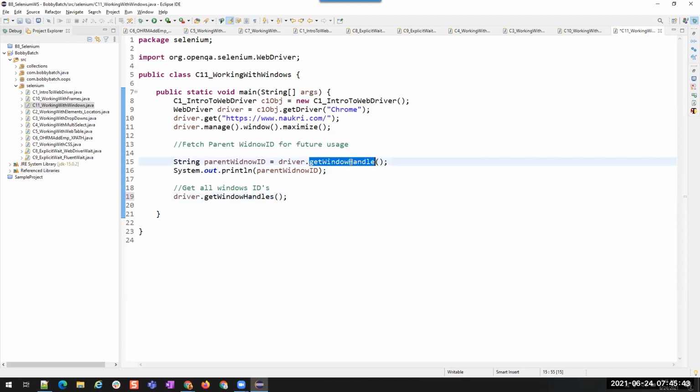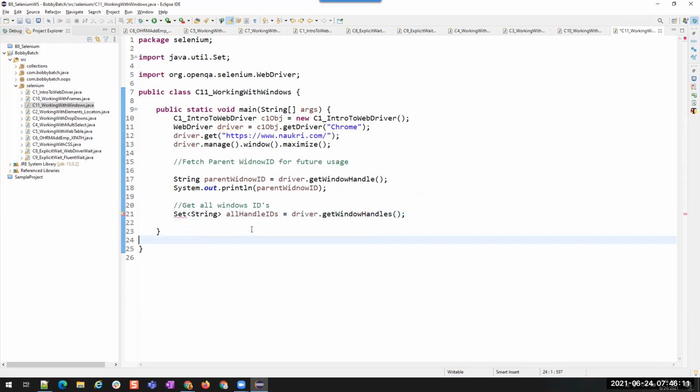When I called getWindowHandle, it was a singular method, so it returned a string. When I call this, it returns a set of strings. Now I have to store this inside a Set of Strings, which I'll call allHandleIDs, and I have to import this.